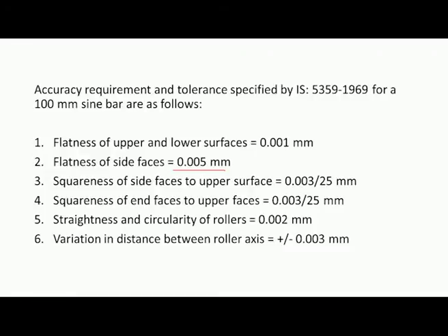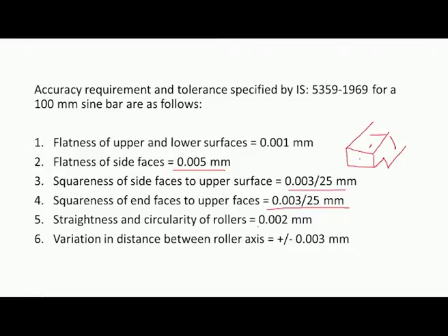Squareness of side faces to upper surface, that means if this is the sine bar, squareness of the side surfaces to the upper surface should be within 0.003 per 25 millimeter. Similarly, squareness of end faces to upper surface should be within this value, 0.003 per 25 mm, and straightness and